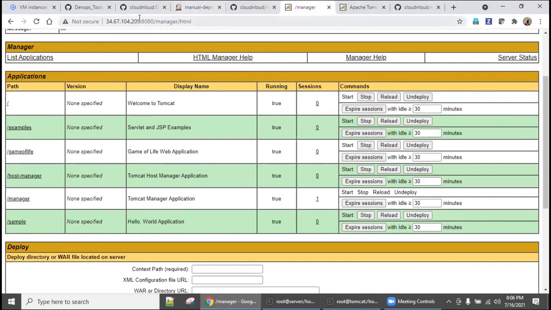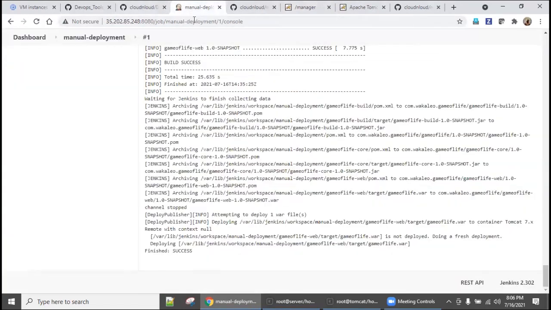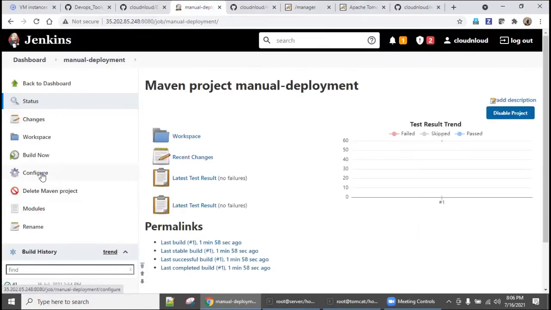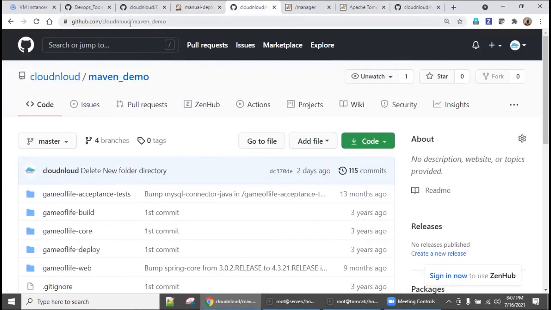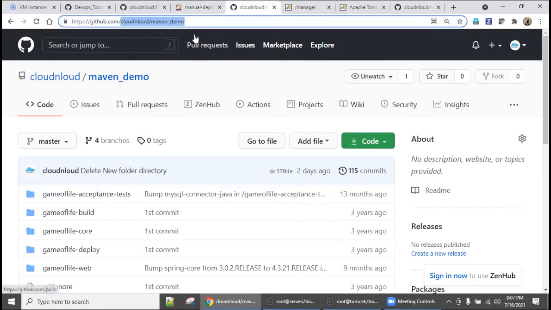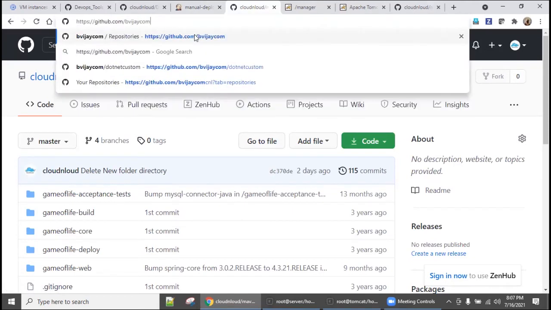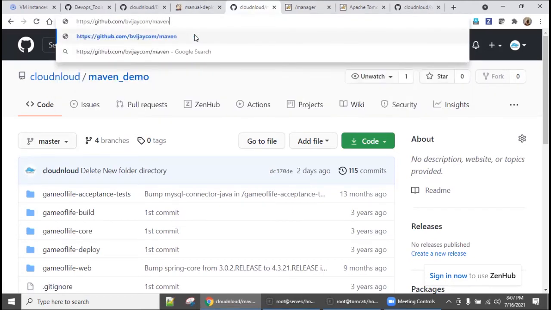So we'll do one thing. I have an old code. We will give that in the pipeline so that we will make sure. Go to configure it. So the same code, instead of this, we can go with, say here, /maven_demo1.